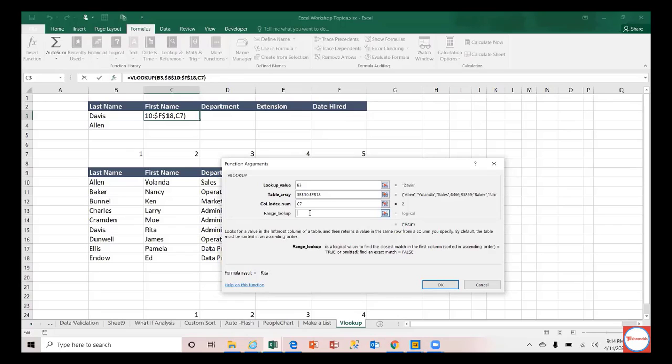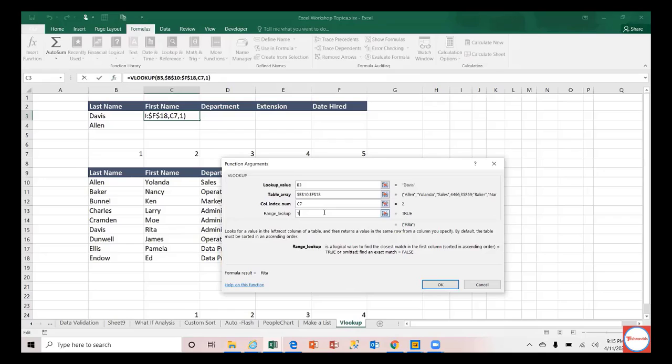So for the exact match you can do two ways. Either you can give 0, that is a faster option, or you can type false. Both are same. 0 for false and 1 for true. If you type 1, you can always notice here it comes with the true. In this case, with the data set I have, both of them will work, true as well as false. But you have to understand what true means and what false means. You have to be clear about that. Otherwise, you may not get the proper result.